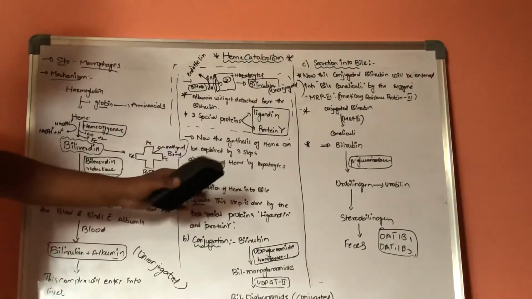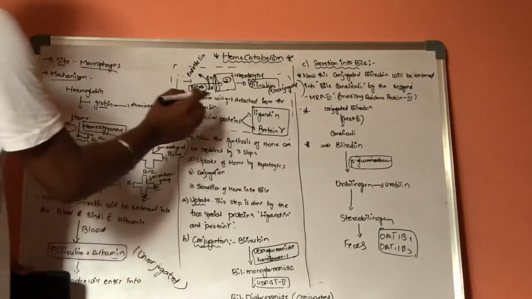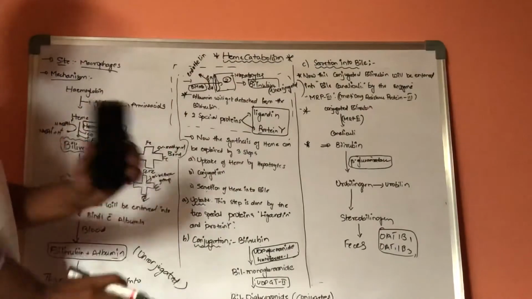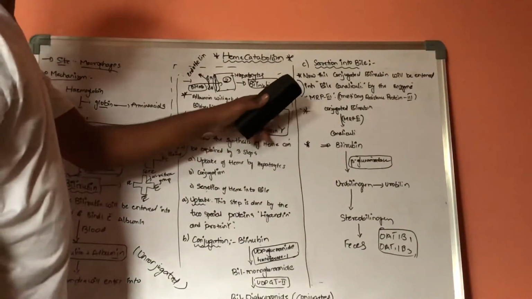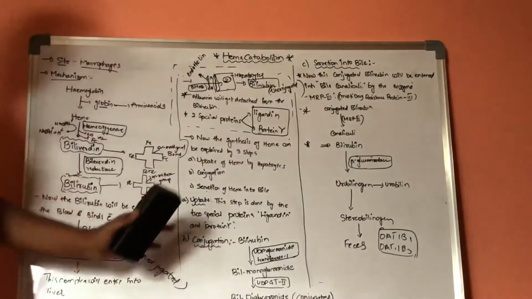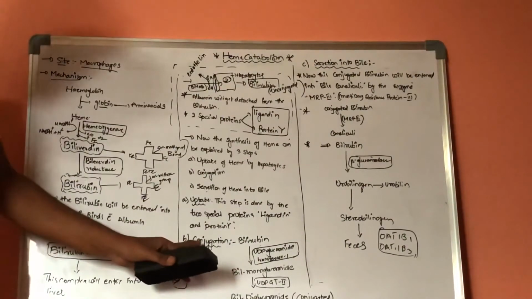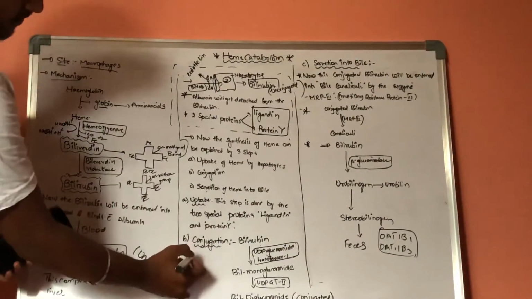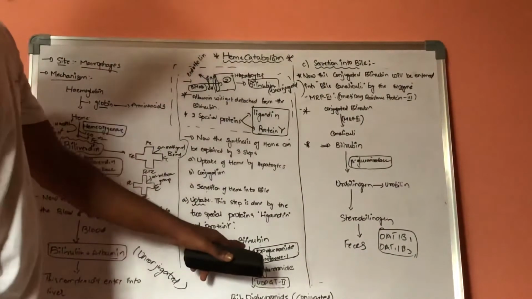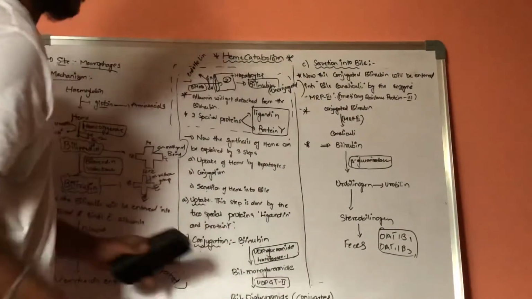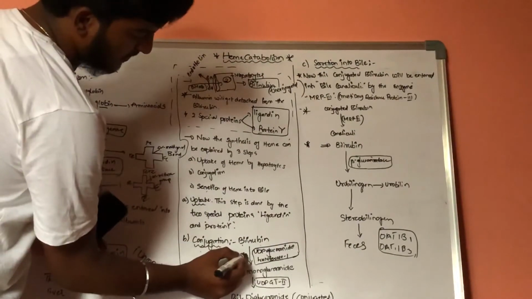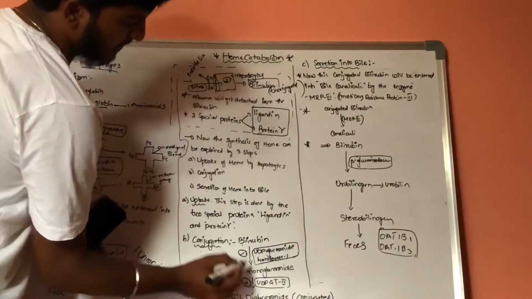Coming to the second step, conjugation. The bilirubin which is formed at this stage is in unconjugated form and it cannot be used. It is water insoluble and fat soluble, and it is toxic to our body. Now what is the process which takes place in conjugation? Here the bilirubin which is formed is in unconjugated form. It will have two steps. This is the first step and this is the second step.